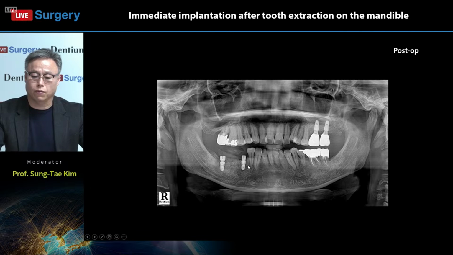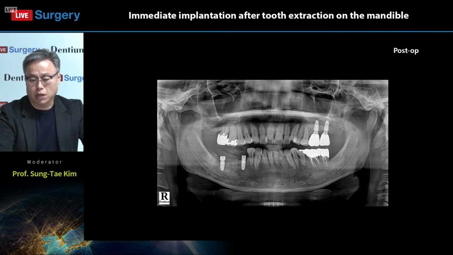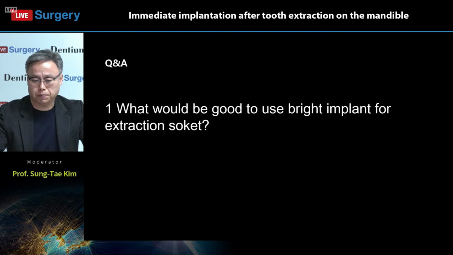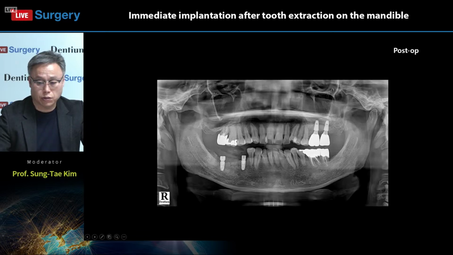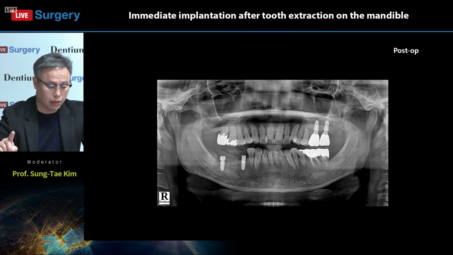So this is it for today's case, and we can have time for the Q&A. Yeah, he used a different implant, the bright implant from Dentium, for the extraction socket, and I'm going to explain the advantage with the radiograph. So you can see the shape of the implant is different. This is the bright implant. This is the superline implant from Dentium. This bright implant is good for the immediate implant for